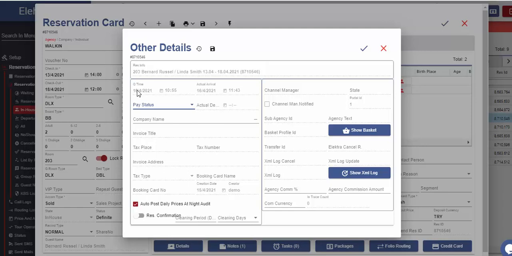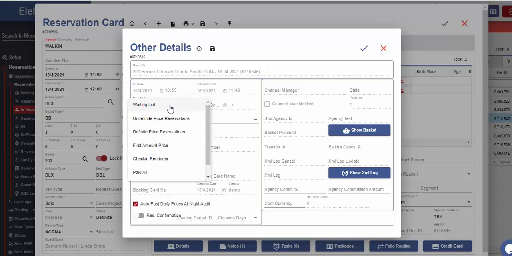Then, queue time will be displayed if the current reservation was on queue before check-in. The actual check-in and check-out date and time are displayed in this segment. If the information about the payment is entered, this reservation record might be listed in the corresponding tabs under the